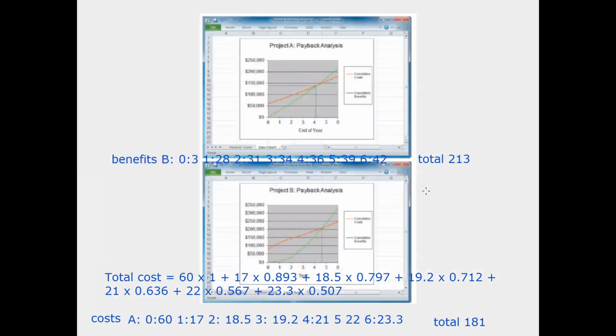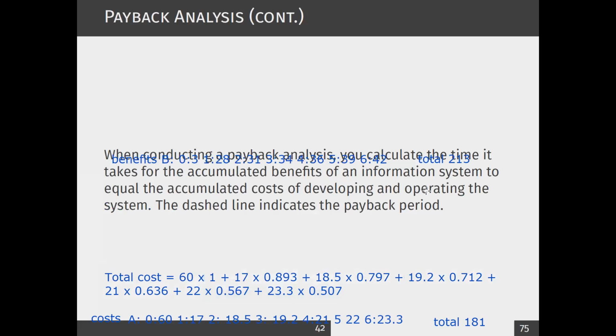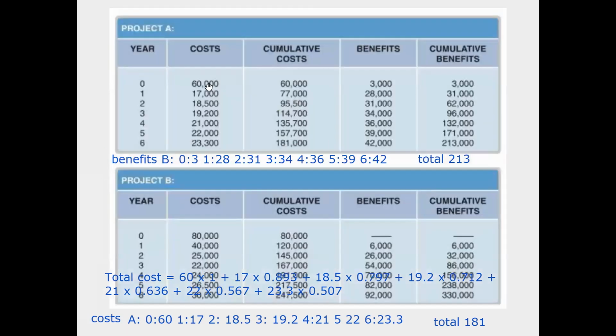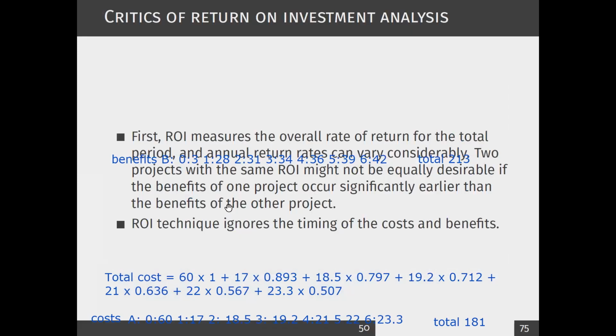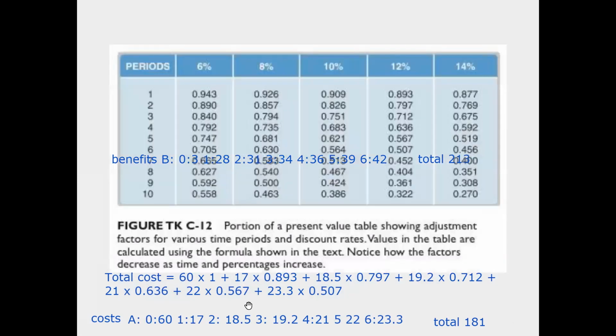So if you go back to the values, you can see how the cost has changed: 60, 17, 18.5, 19.2, 21, 22, 23.3. But what we did next is, based on the net present value, we check what it will be for this particular year, right? You have to readjust. Similarly, you can talk about benefits as well, right? So when you look at the benefits,